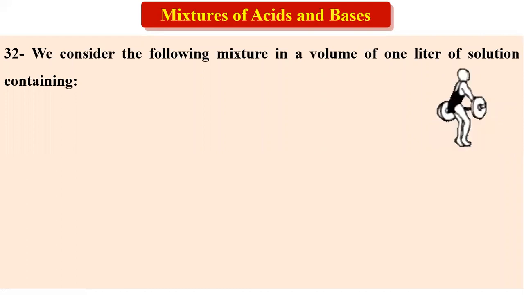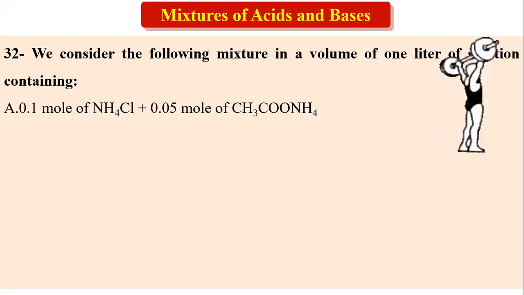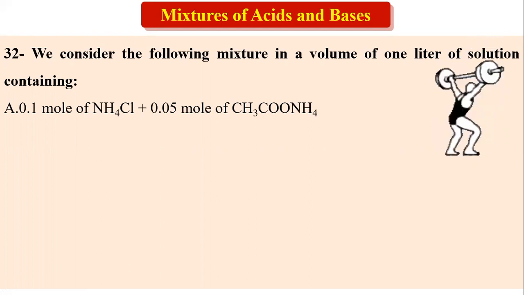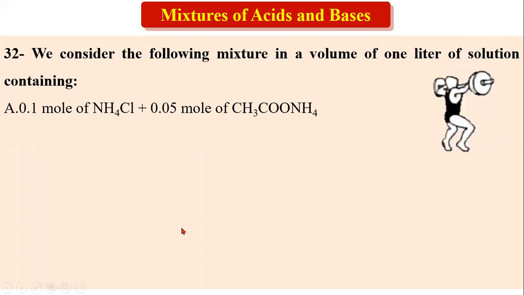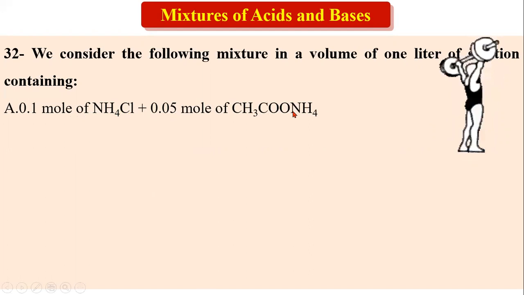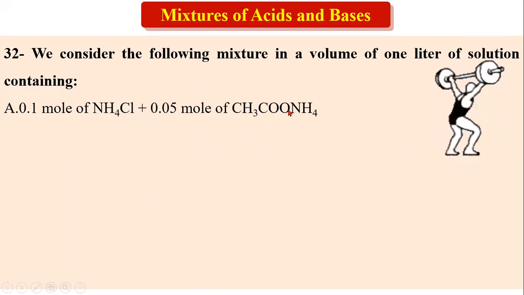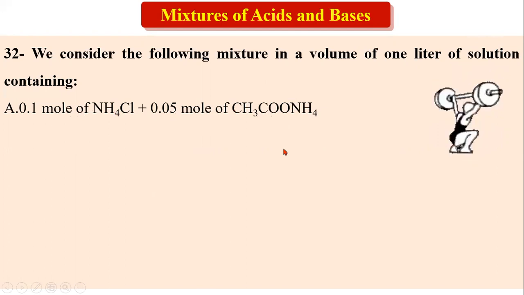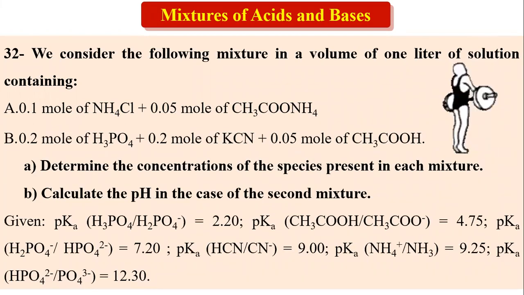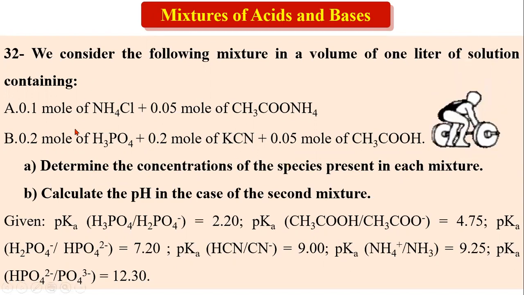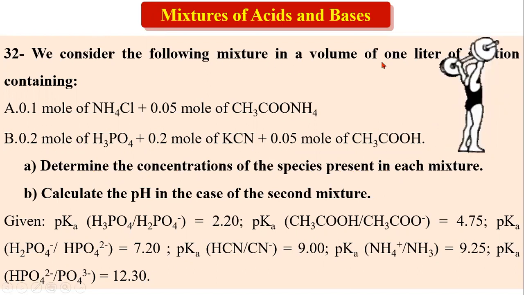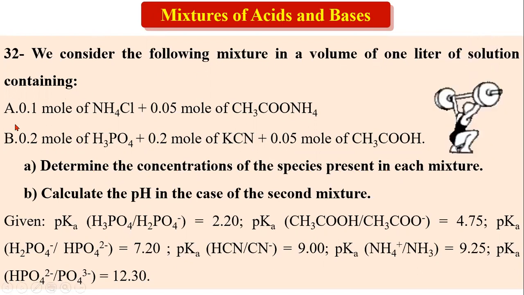That being said, let's move on to doing one of the hardest problems I find in this course, number 32, not part A, part B. Part A is not so bad. Okay, so part A, it's 0.1 mole of ammonium chloride plus 0.5 mole of ammonium acetate. So first of all, we're gonna look at that type of a problem, and then part B, and what they really want is to determine the concentration of species present, and for each A and B, consider a mixture which contains